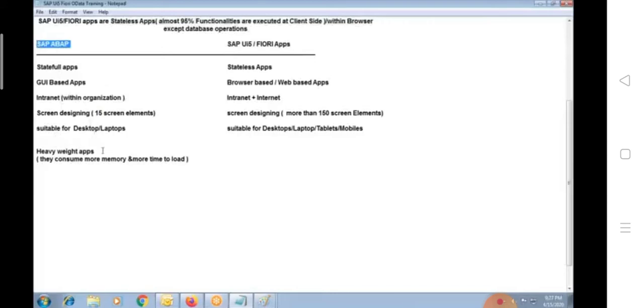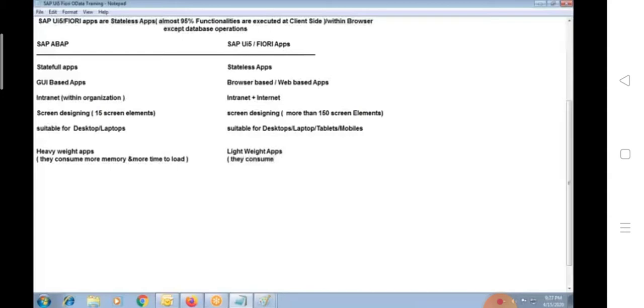All ABAP applications, we consider them as heavyweight applications just because they consume more memory at runtime and they take more time to load the screens. But in case of UI5 Fiori, apps are completely lightweight applications. And why are they lightweight?